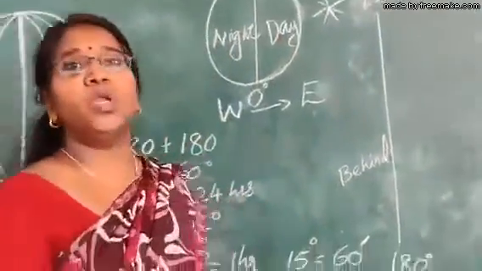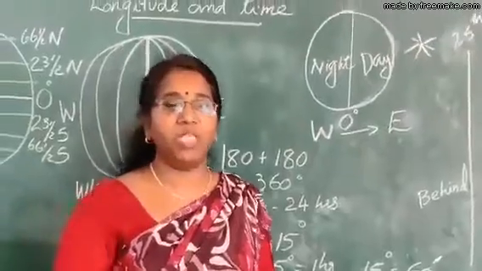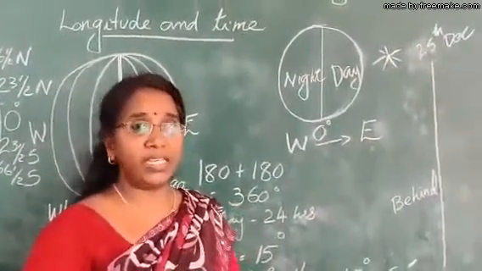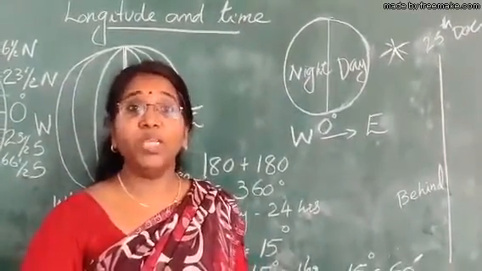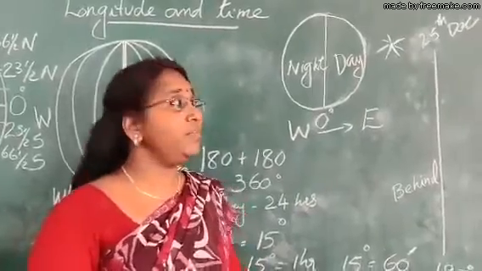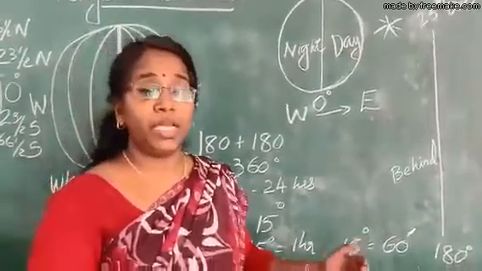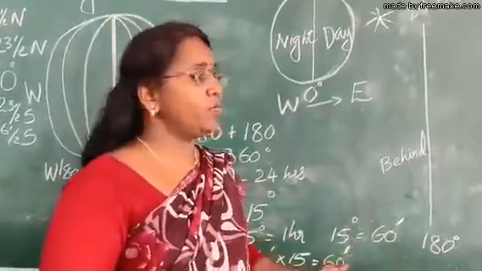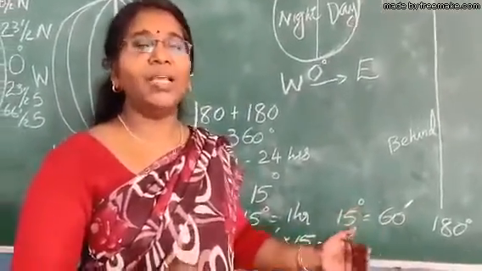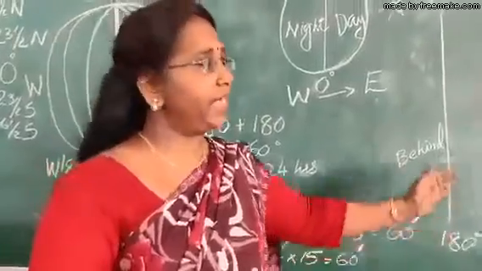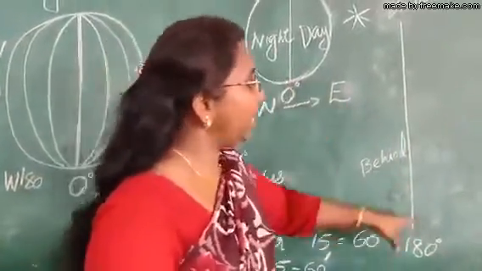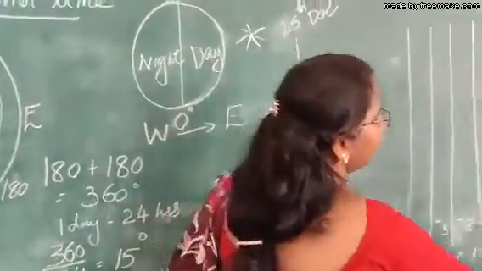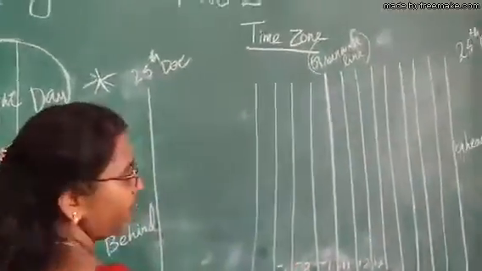You see, we use a globe. A globe is the spherical shape of the earth, and a map is the flattened surface of the earth. Why do we use a map? It is for more convenience. With the help of that we can easily locate places on the globe. In a similar way, we can calculate better with the help of this flattened surface of the earth. So here is the representation of the flattened surface of the earth.